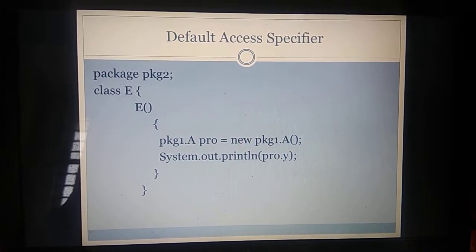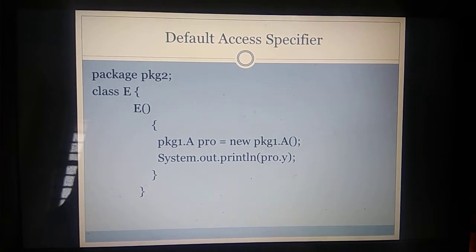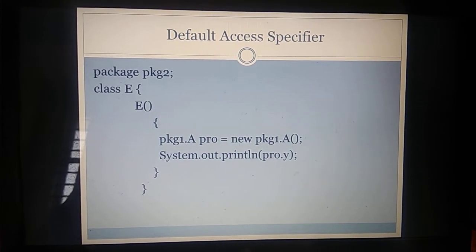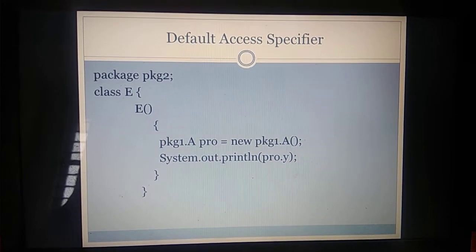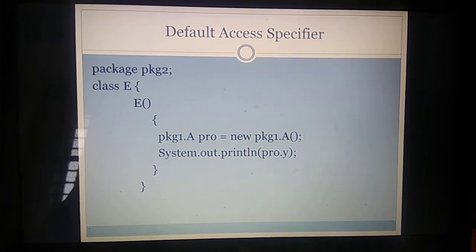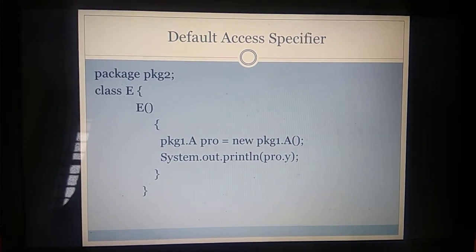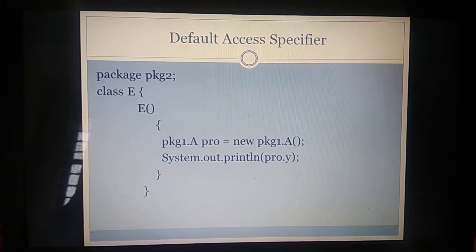We are creating an object for class A inside the first package. Then we use System.out.println with object name dot variable name. That variable is a default access specifier variable. It will not be accessed outside of the package, so this code will also show an error. This code also will not work.